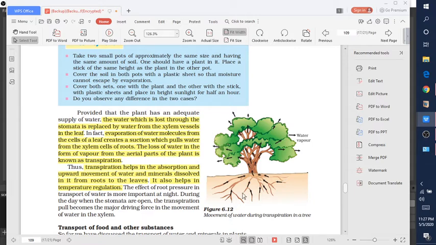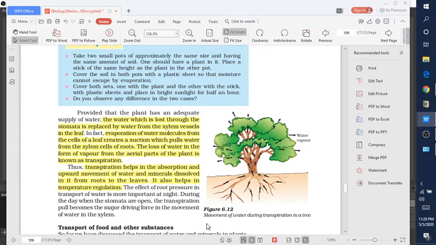The third one is transpiration, that is the loss of water in the form of vapor. Now, what is transpiration? Transpiration is the loss of water in the form of vapor from the leaf tissue of the aerial parts, and it mainly occurs through the diffusion process from the stomata. Stomata contain tiny pores and are present on the lower side of the leaf. Also, the stomata have kidney shaped guard cells surrounding them.